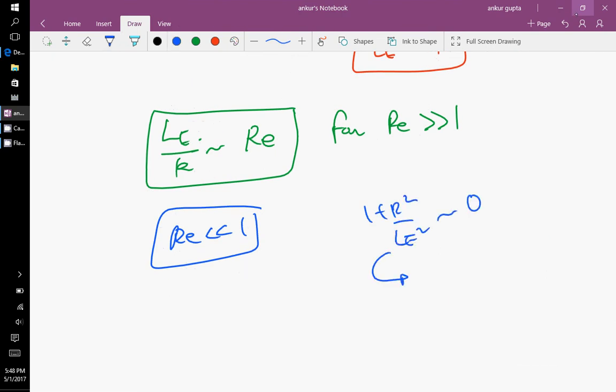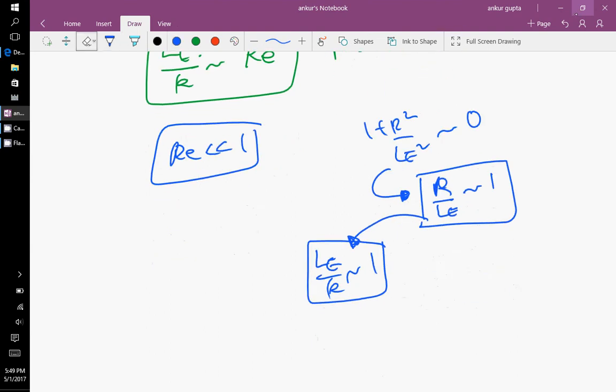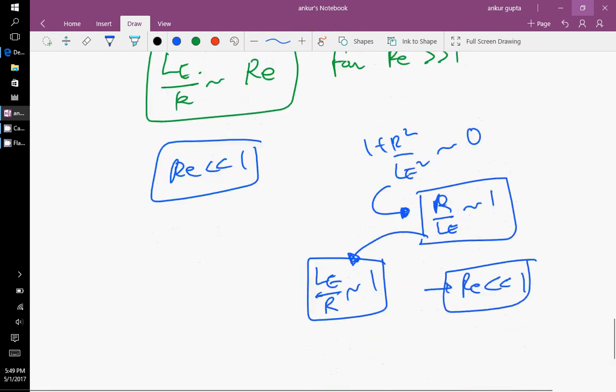And because in order of magnitude analysis, magnitudes don't matter, basically we are saying that R by Le is of the order of 1, or the signs don't matter in order of magnitude analysis, so Le by R is of the order of 1. Sorry for the bad writing. Okay, for Re less than 1, so when you have low Reynolds number, basically your entrance length is of the magnitude of